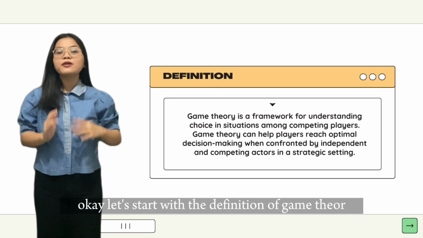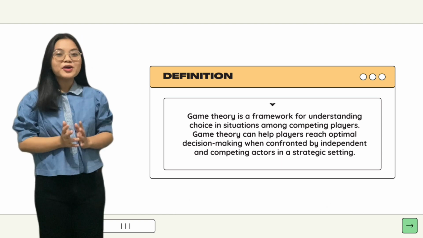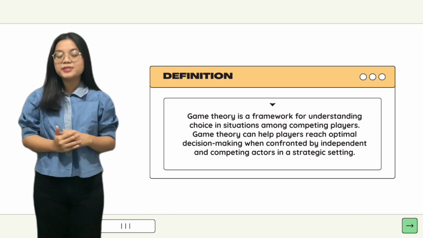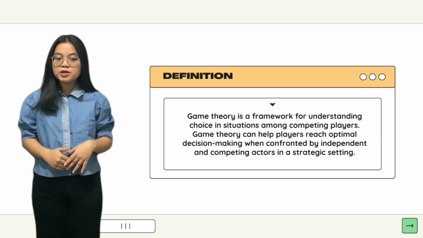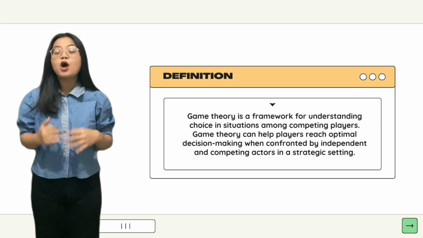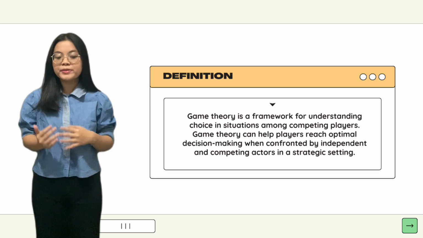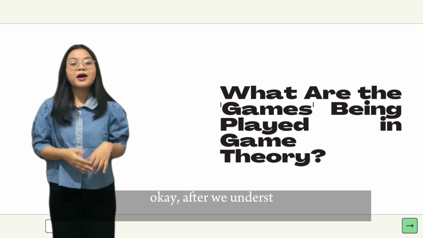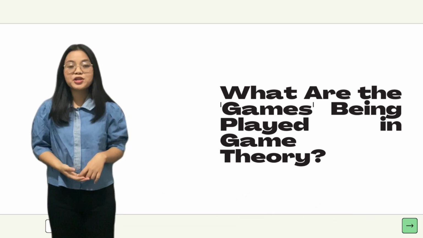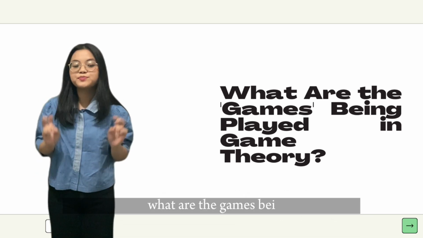Okay, let's start with the definition of game theory. Game theory is a framework for understanding choice in situations among competing players. Game theory can help players reach optimal decision making when confronted by independent and competing actions in a strategic setting. Okay, after we understand the definition of game theory, we can know what games are being played in